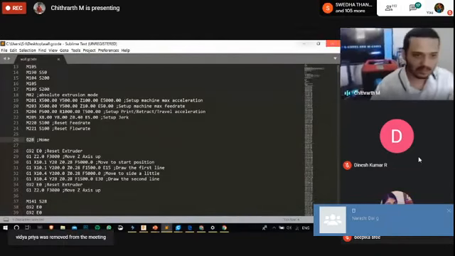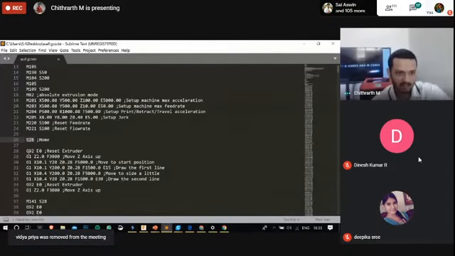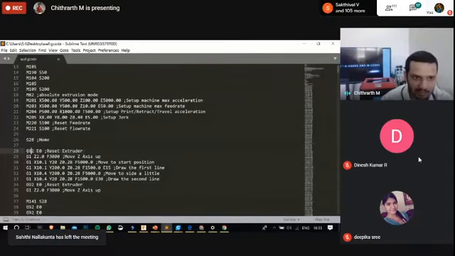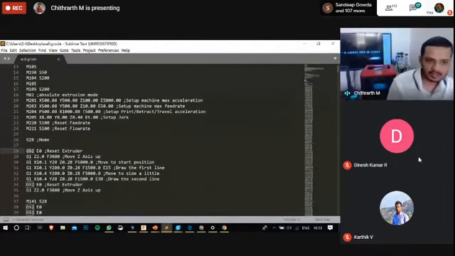Okay, so the second, in line 28, what we have is G92 E0. G92 is nothing but a counter which is used to know how much the stepper motors have turned, right?